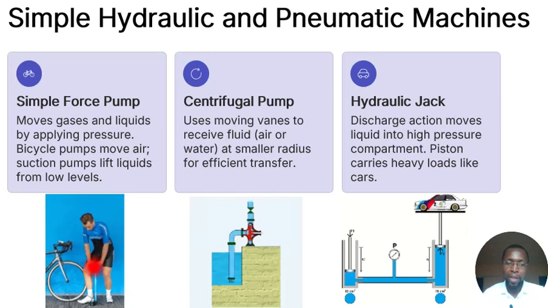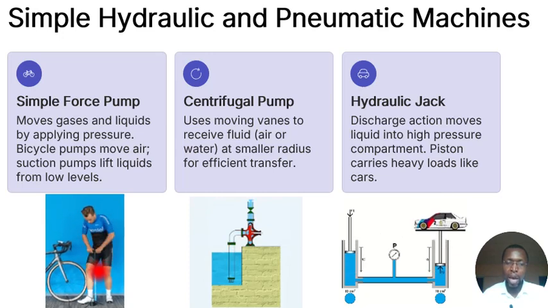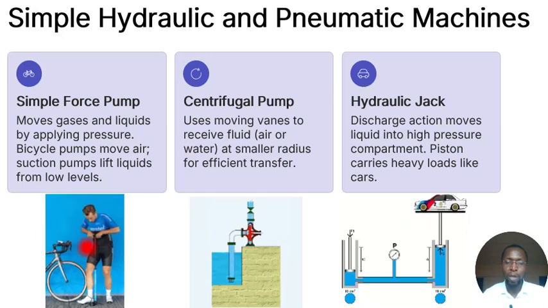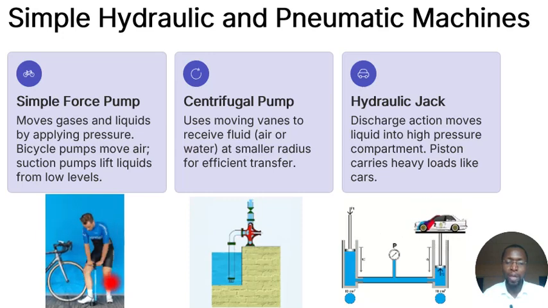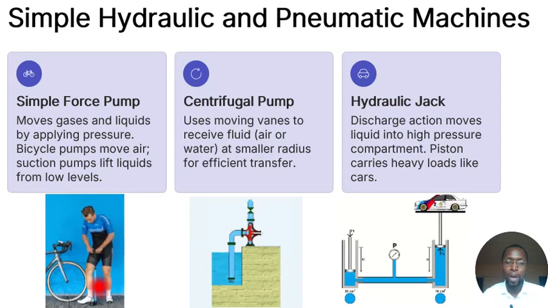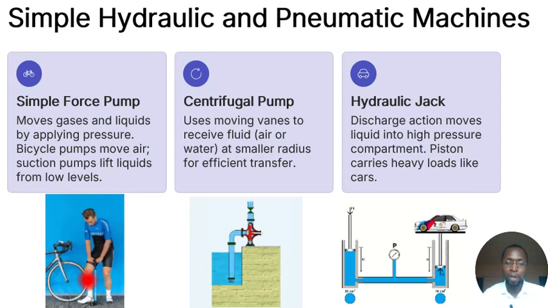As he applies his force on the piston, air is being moved from the pump into the tires. That's how it works. So it is the air movement that actually increases the air in the tire. Okay, the bicycle pump moves air